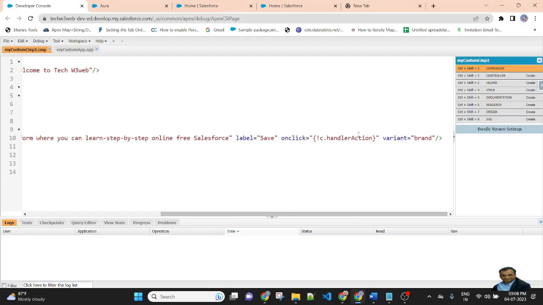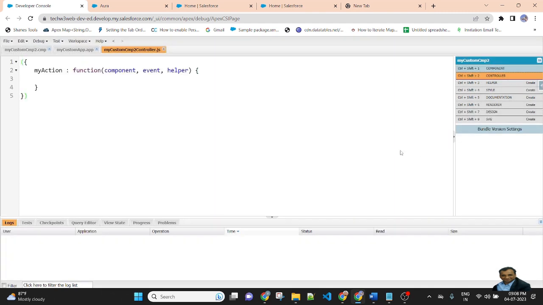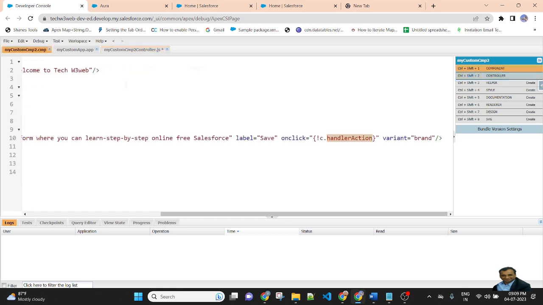Now I am creating a function. On click of the button there is a handler action. Copy this function and create it in the controller. So there is a controller, click here, and I am replacing this function. Component, event and helper are predefined parameters. First I will get the button source.